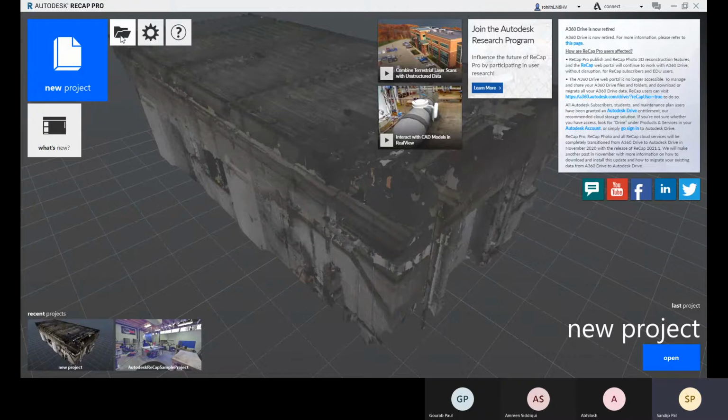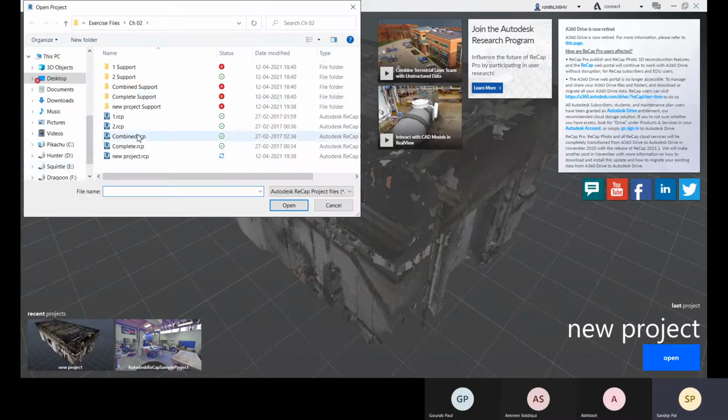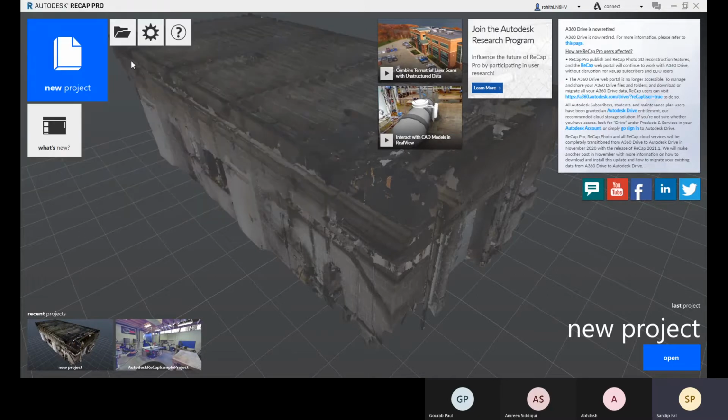And if you go for this open, you can open some projects. I'll be coming onto this part. There you select this, and you can open a Recap project file or your point cloud file. And we have preference, which I'll be coming to later.